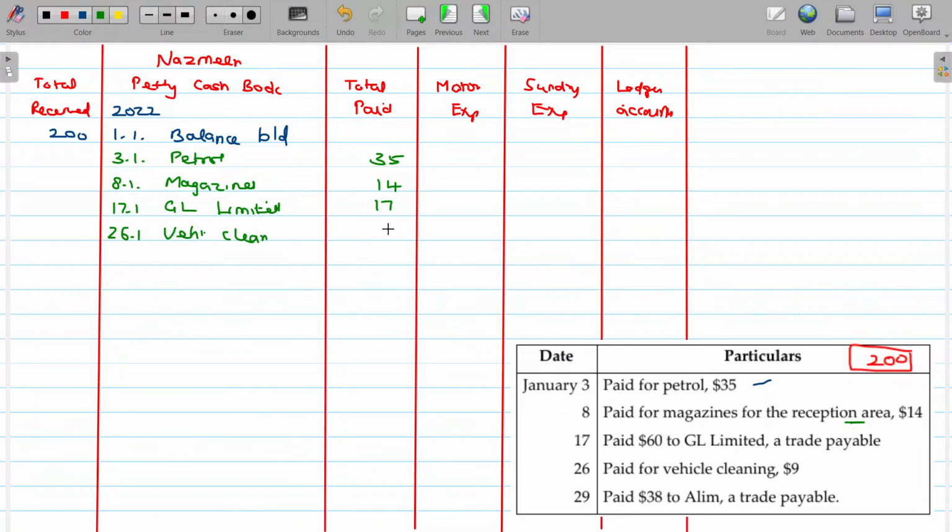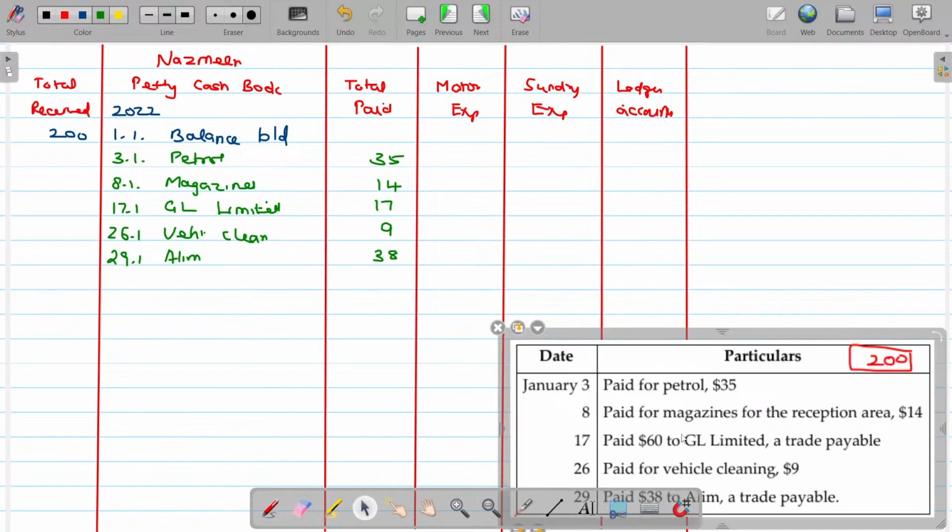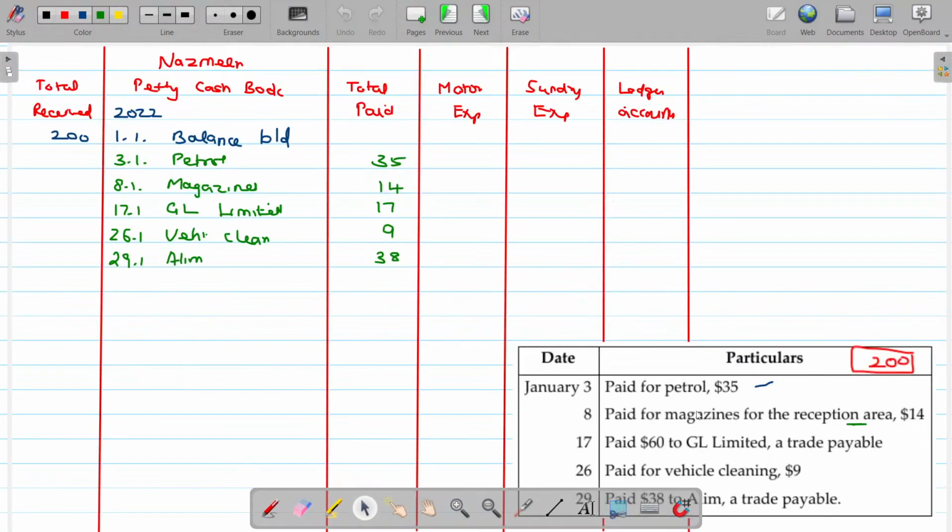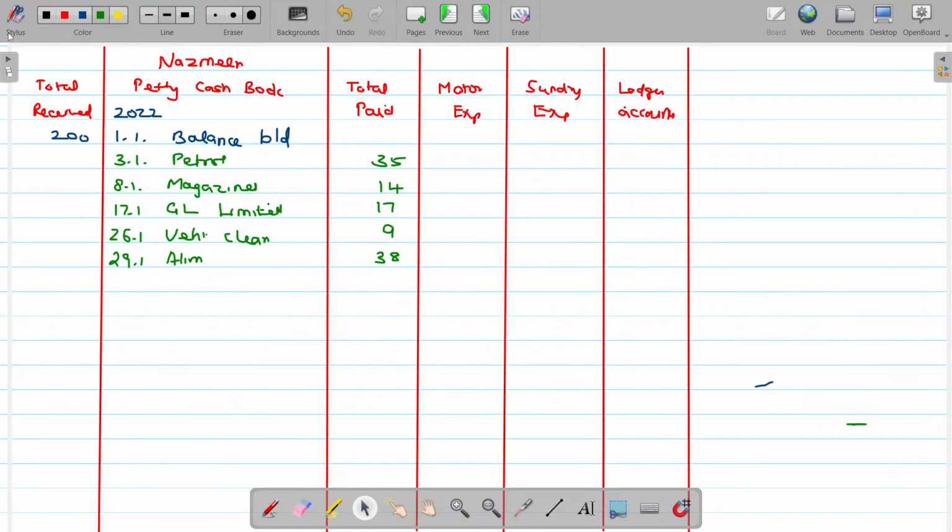The value being $9. And the last one being 29th January, paid to Alim, a trade payable, $38. So I have completed posting all these values. Now, let's total the expenses. The total expenses being,